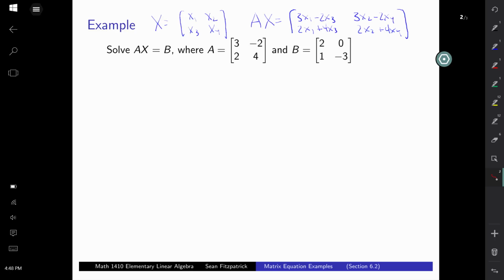And so if you only looked at one column at a time, if I just looked at this part here, right, then I am dealing with a system of two equations and two unknowns, and I would solve and I would have this coefficient matrix A. Similarly, if I was dealing with this part, again, two equations with two unknowns, but same coefficient matrix. What changes is the constants on the right-hand side. So following the procedure,